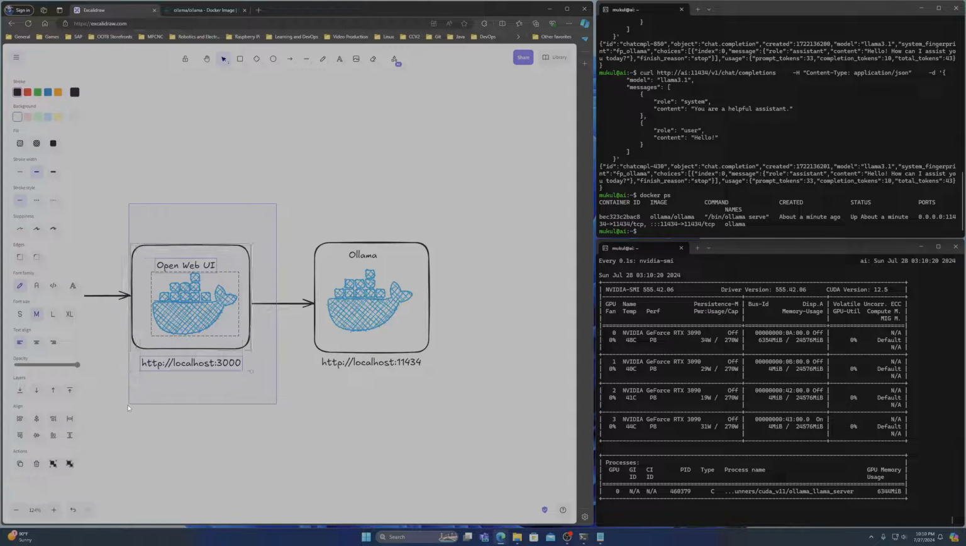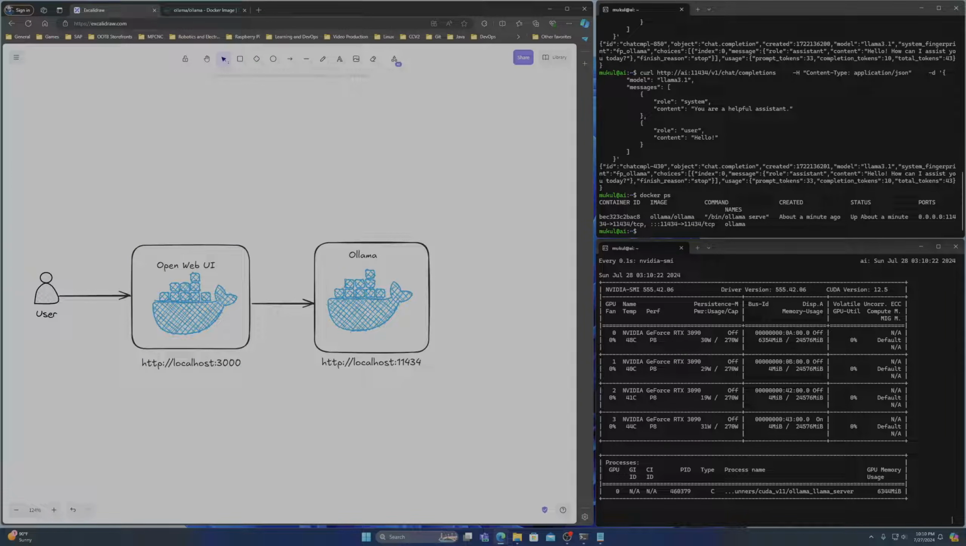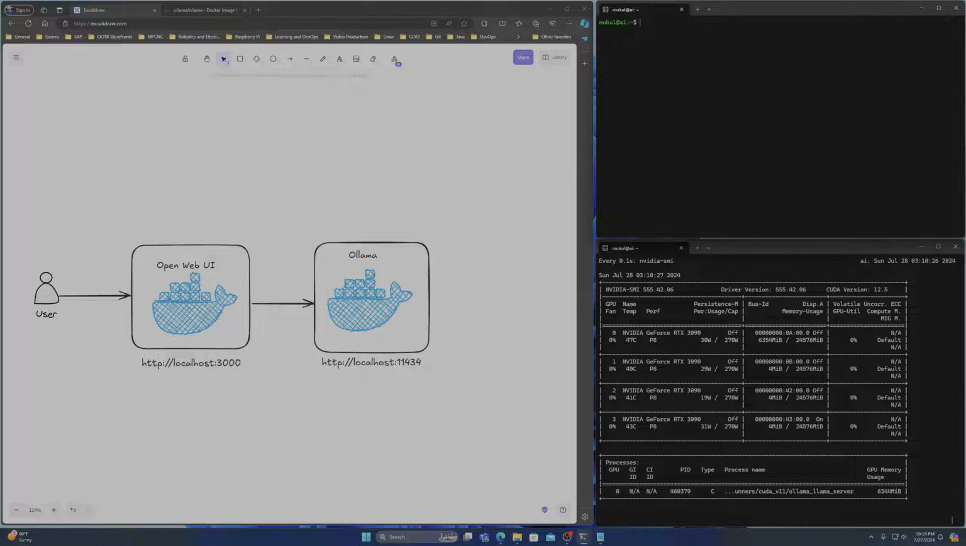Now let's move on to the Open WebUI part of the setup. Because I have already run this command, I can probably recall it. Open WebUI, and let's see. Yep, so this is the command, and if you're looking for the command, you can just search